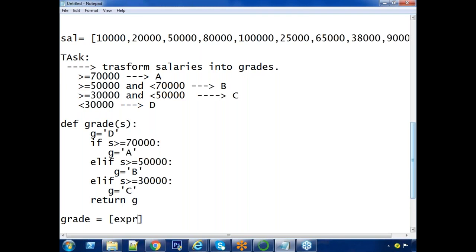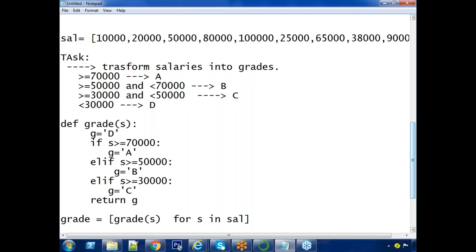Once again, I am repeating that expression, for loop. What is our for loop? For s in sal. What should be your expression? Grade of that, yes.